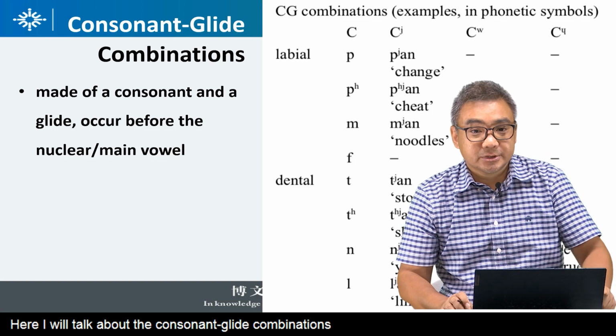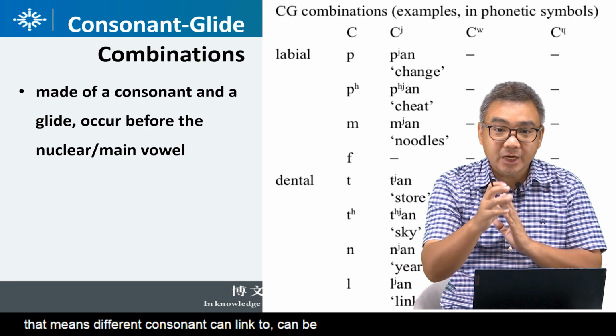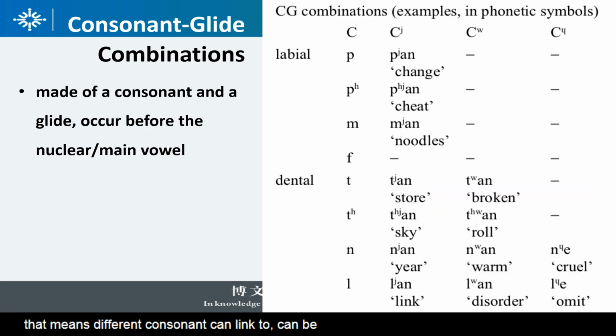Here I will talk about the consonant glide combinations. That means different consonants can be followed by different glides. Okay, there are some principles, there are some rules of them. For example, on this page, the right chart, you can notice that bo, po, mo, fo, they can link with a final without glide. Okay, ba, pa, ma, fa. They are all acceptable. Okay, if there is a glide,